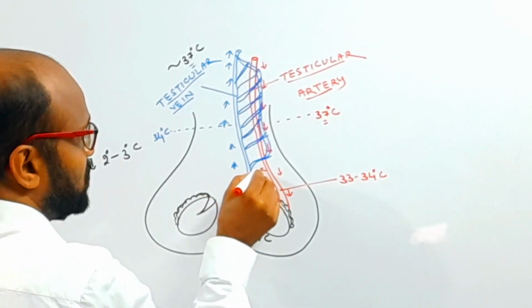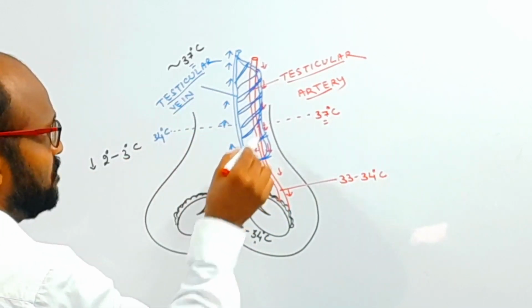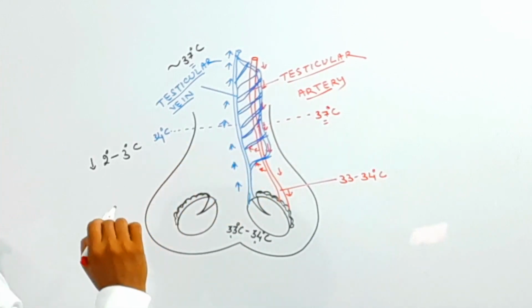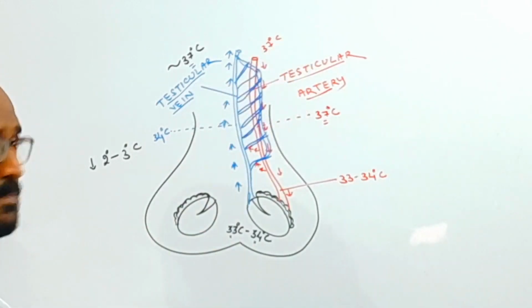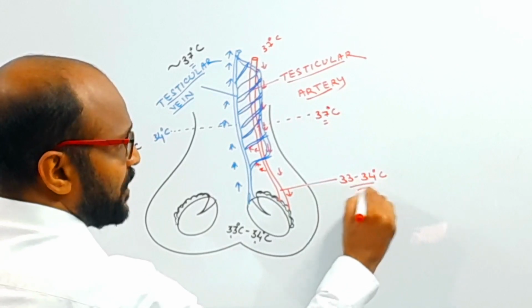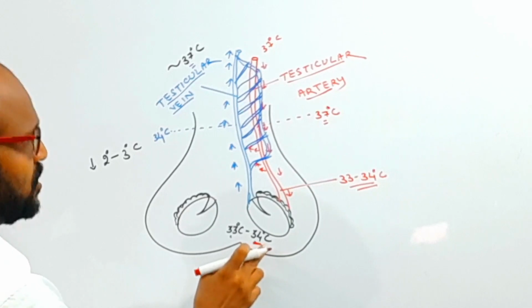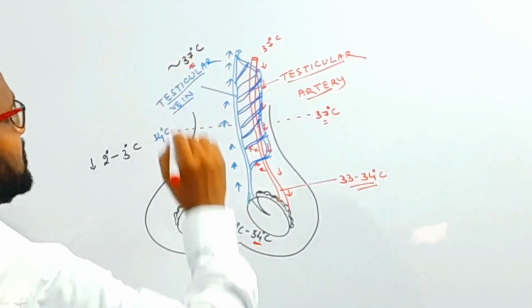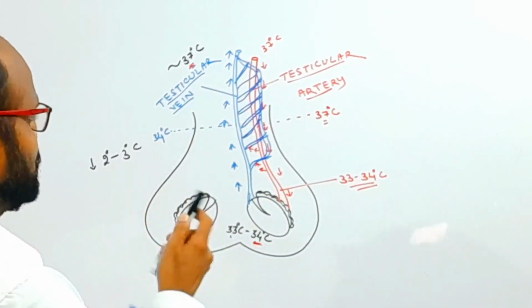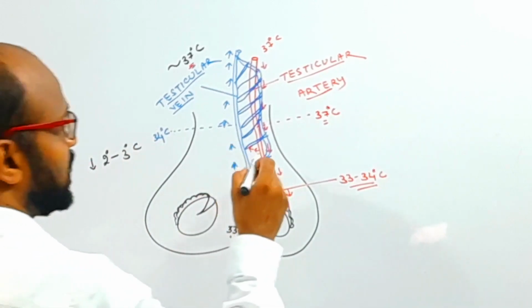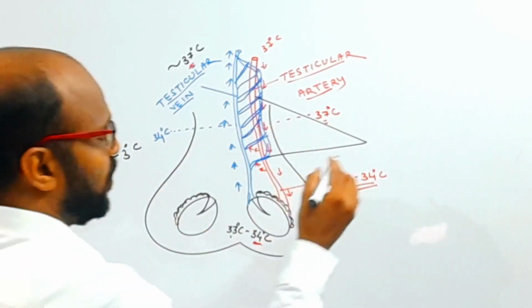So the temperature is absorbed by the blood of the vein from the arterial blood. The high temperature blood, 37 degrees, is reduced to 34 degrees centigrade, and the cooler blood, the 34 degrees centigrade blood, now becomes 37 degrees blood. Such branches of the testicular vein around the testicular artery are known as the pampiniform plexus.